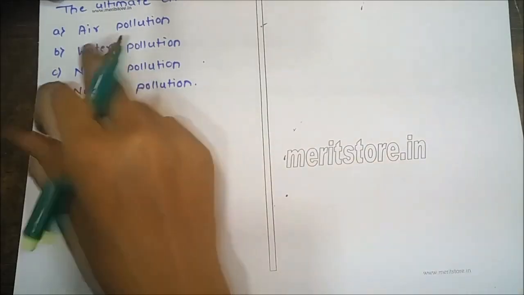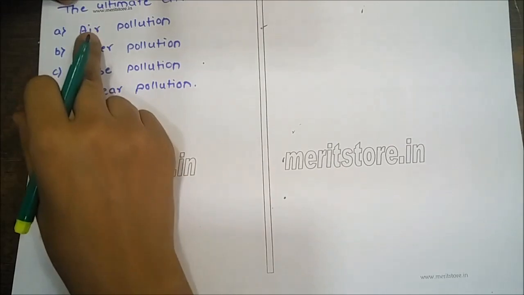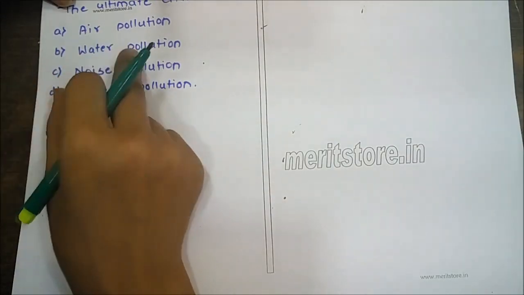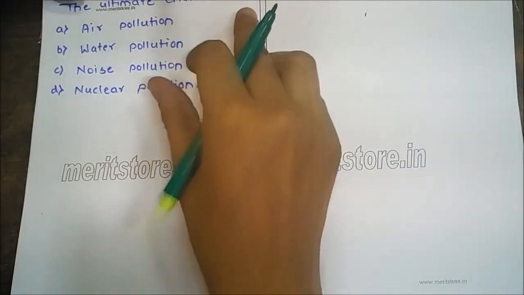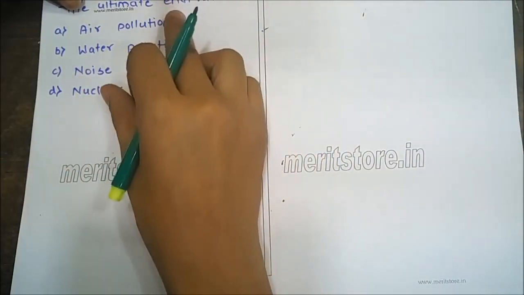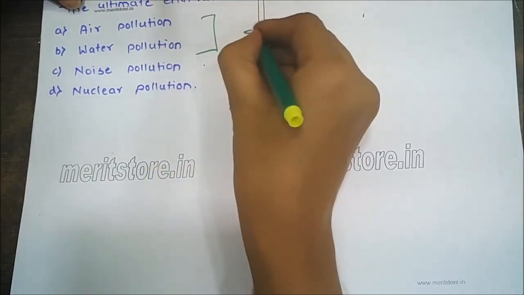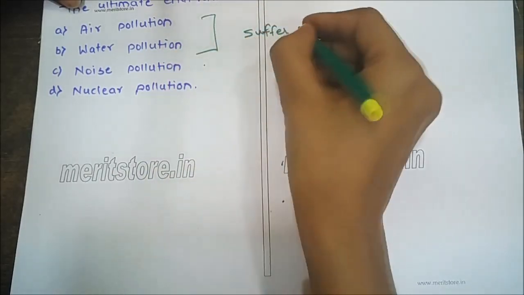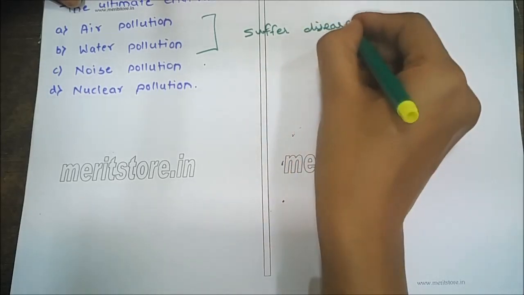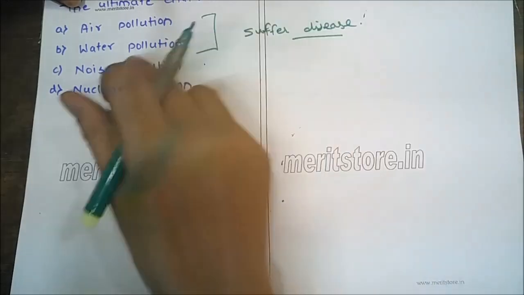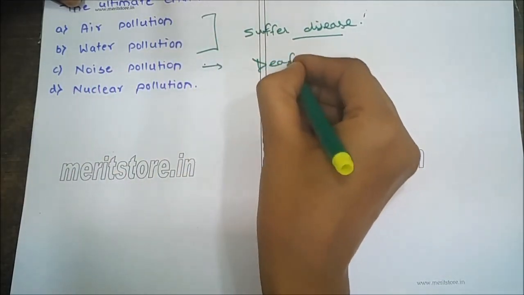The next question is, the ultimate environmental hazard to mankind is: A. Air pollution, B. Water pollution, C. Noise pollution, and D. Nuclear pollution. As we know, by air pollution and water pollution we can suffer from some diseases, or we can see the death of the patient, and by noise pollution we can become deaf,